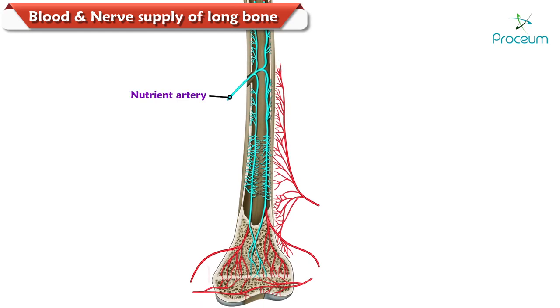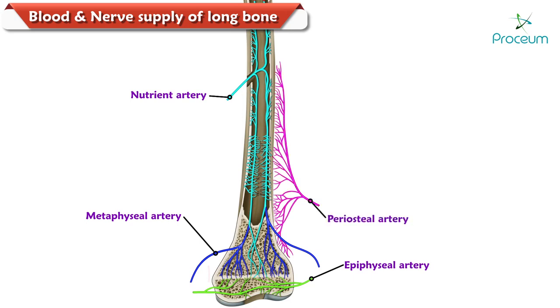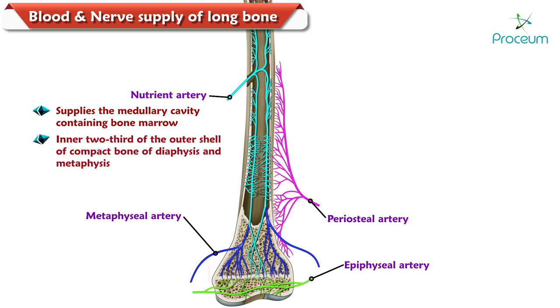These loops anastomose with epiphyseal, metaphyseal, also known as juxtaepiphyseal, and periosteal arteries. Thus, the metaphysis is the most vascular zone of the long bone. The nutrient artery supplies the medullary cavity containing bone marrow and inner 2/3 of the outer shell of compact bone